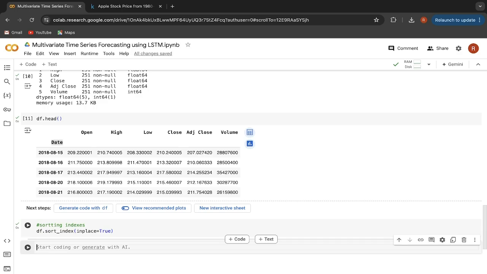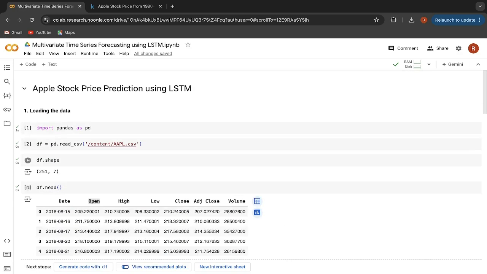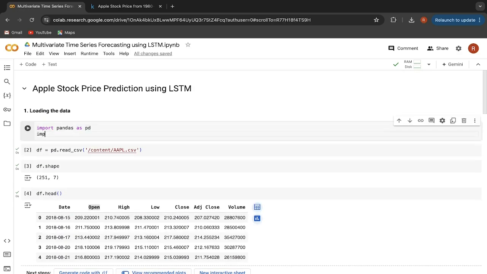Now the next thing that we want to do here is to perform data normalization. So let me write here data normalization, and you can perform data normalization using MinMaxScaler or StandardScaler, anything that you want. I am going to use MinMaxScaler here. So let me go back here and import the library first. I will say import, actually from sklearn.preprocessing, I will import MinMaxScaler. Let's run that.